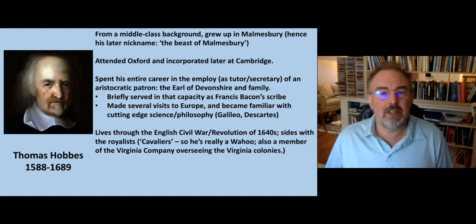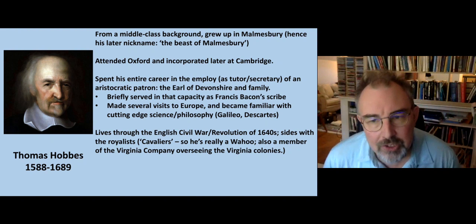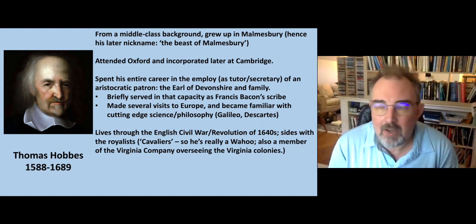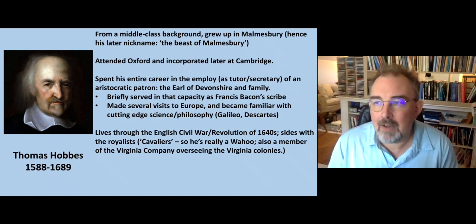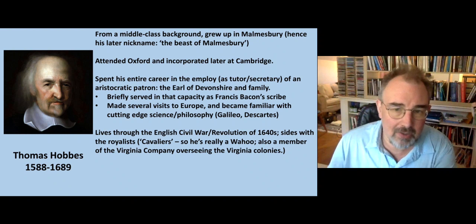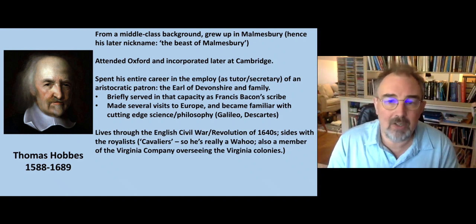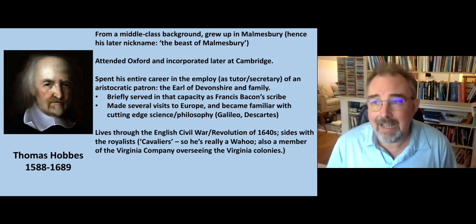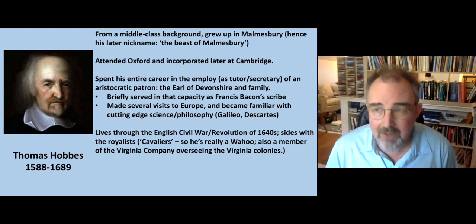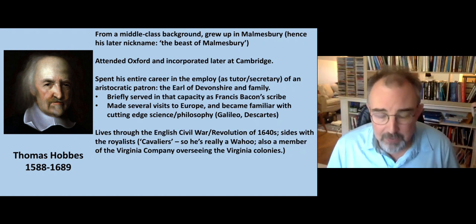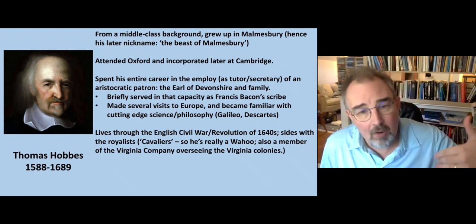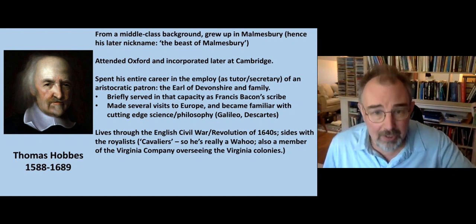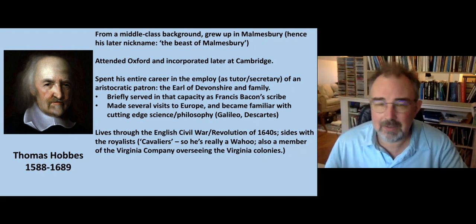Of course, Hobbes lives through the English Civil War and Revolution of the 1640s. As you know, the English Civil War breaks out essentially as a conflict between the English crown under the Stuart monarchs, James I and II, and Charles I. The Stuart monarchs come into conflict with Parliament, and this comes to a head in the 1640s and results in Parliament and the crown going to war with each other, and so the country is divided into two groups: one partisan of Parliament, often referred to as the Roundheads, and the other group defending the royalist cause, often called the Cavaliers, from which I believe our notion of the UVA